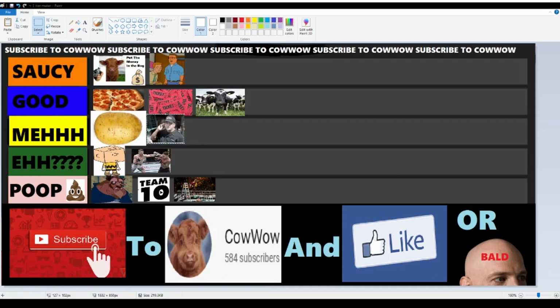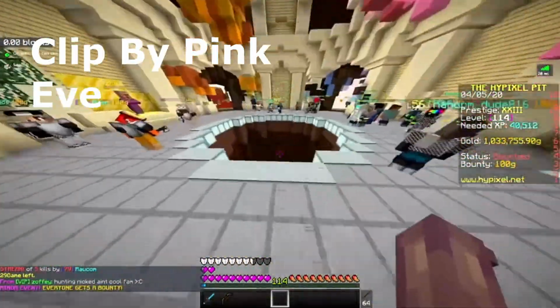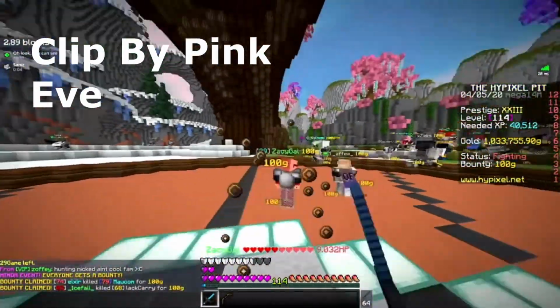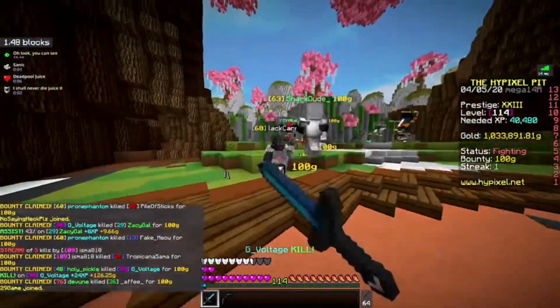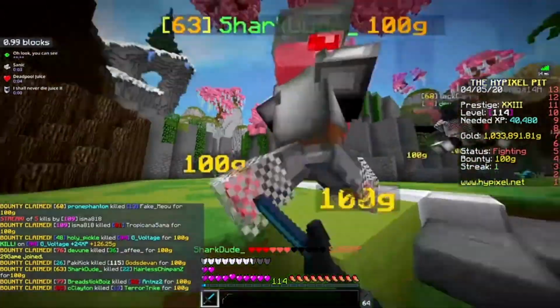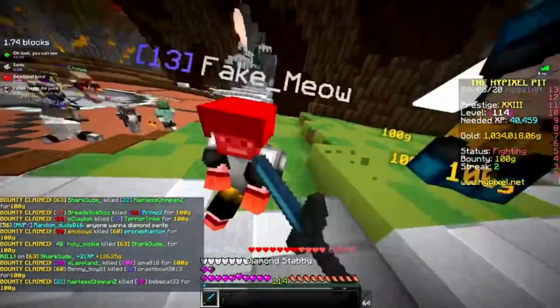The next event is everyone gets a bounty. Basically, everyone in the lobby gets a 100 gold bounty. This sounds okay in theory, because it's like, okay, well you're streaking, I'll just get some extra gold. But what happens is, let's just say you're hunting, you get a 100 gold bounty, and then you kind of have to go kill yourself to get rid of it